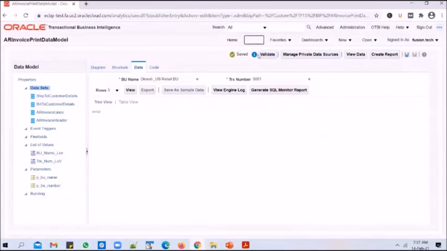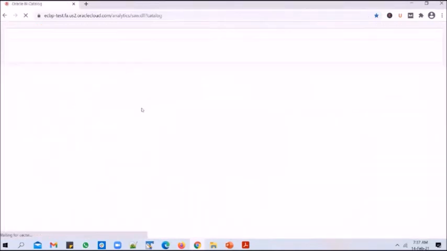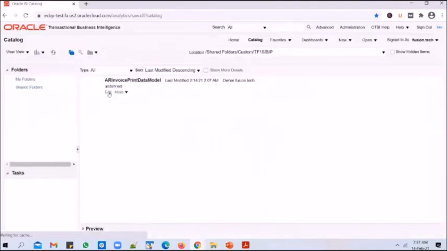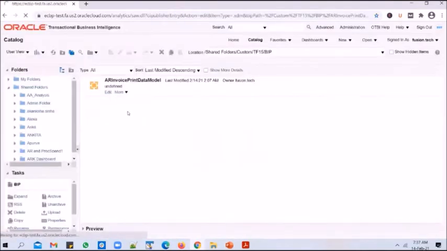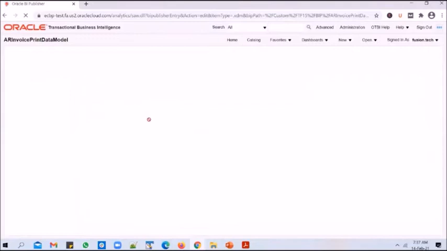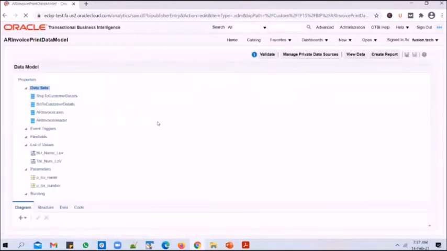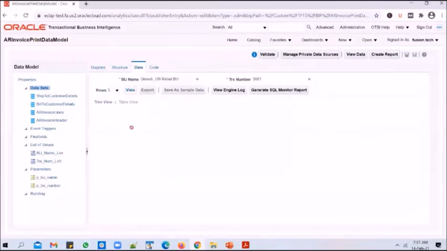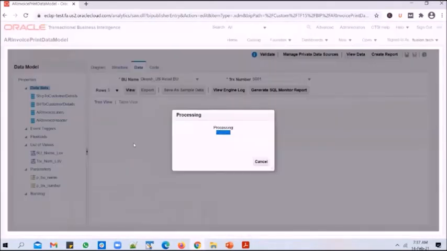Okay, so for some reason, in this instance, or in the training institute instance, we're facing some issues when we add LOVs in the data model. So we'll try to open up the data model again and run it. So go to view data, view it.